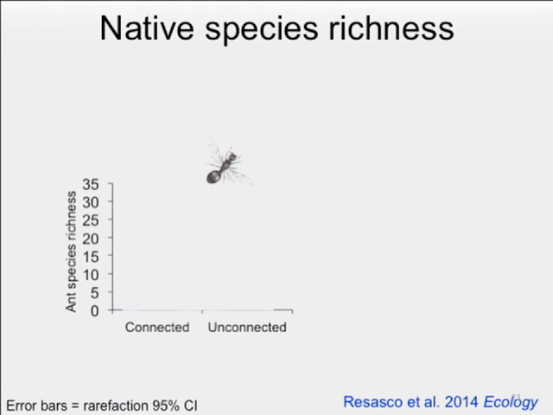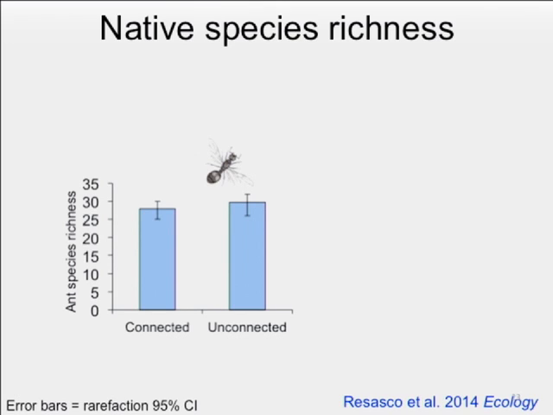And in these polygyne blocks, to assess the effect on native biodiversity, I'm going to present rarefied species richness. So you're going to see the rarefied species richness with 95% confidence intervals. And so in these monogyne blocks where we didn't see any effect of corridors on fire ants, we see no effect on